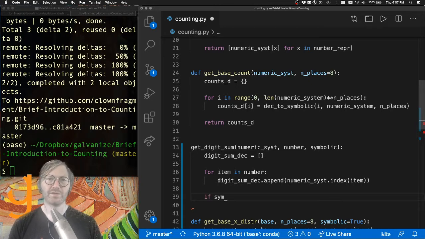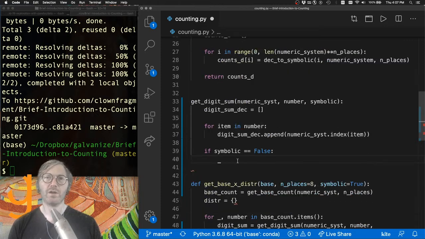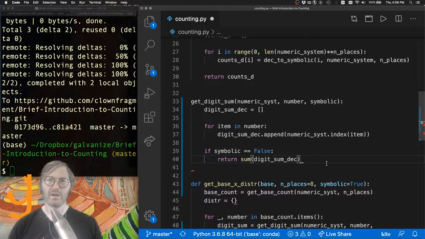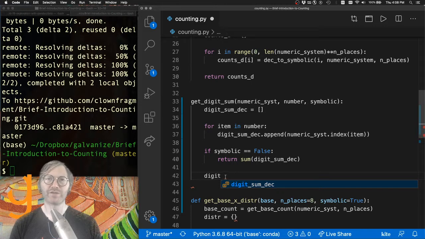And then we're going to say if symbolic is false. We could just say if not symbolic, but I'm just going to be really clear here in the way I write this. We're going to return the sum of those values, those index values. And that should be pretty straightforward. We're just summing and getting a decimal value out at the end of this, if we don't want to have a symbolic representation. And otherwise, and notice we're returning here. I could put an else here, but I don't need to. So if the digit sum symbolic,